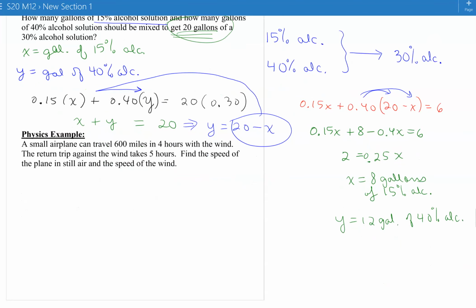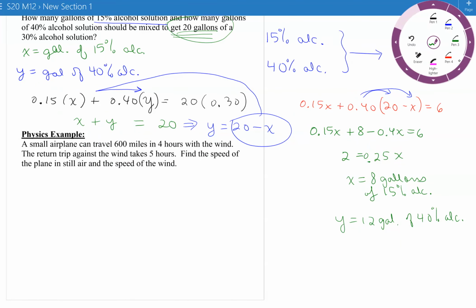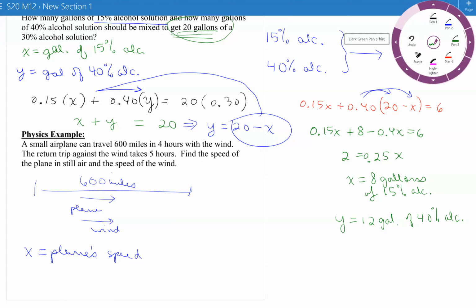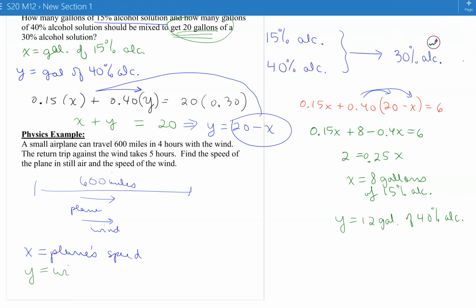Okay, I'm going to have one more example that's a really common word problem that goes with systems of equations. I have an airplane, it's going 600 miles. So the trip is 600 miles both ways. One way it's going with the wind. So you have the plane going and you have the wind helping. So if x equals the plane speed and y equals the wind speed,